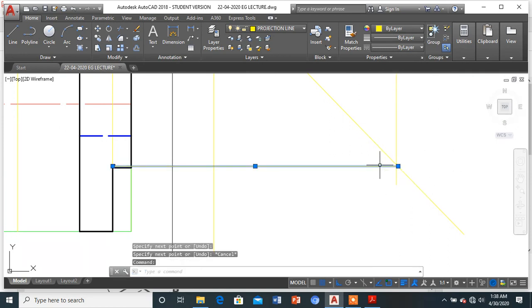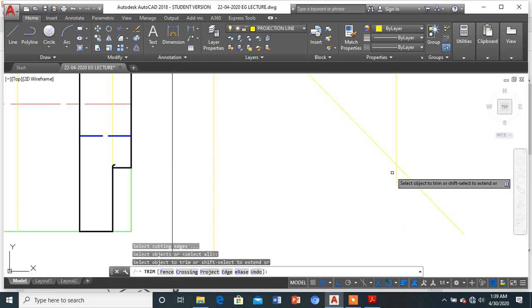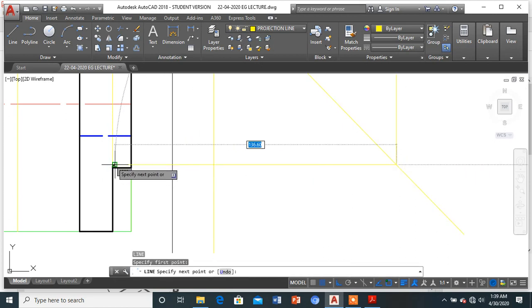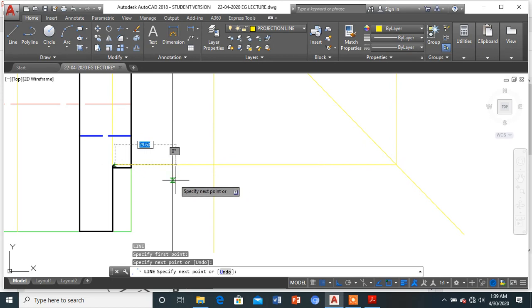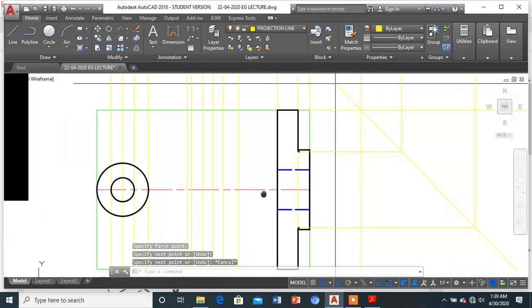Once you can see, I can simply delete this line, and now I'll be getting a proper line which will be extended till the tangent. So it is vice versa, one and the same thing, because it will be coming definitely till here, because this is the right answer which was there at the top.